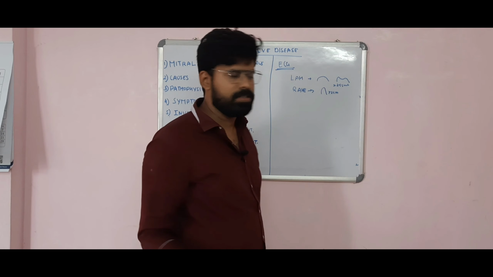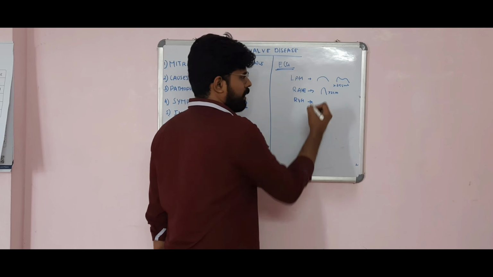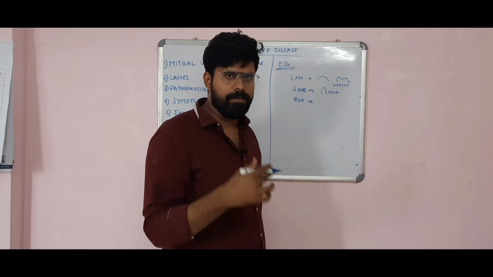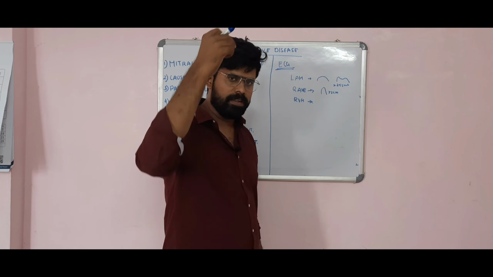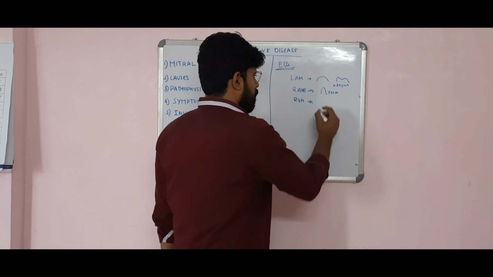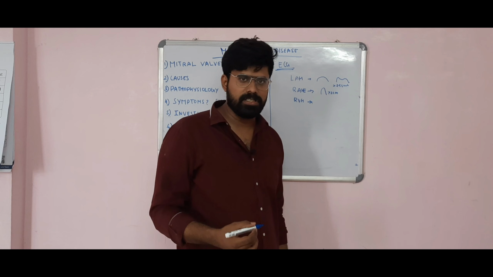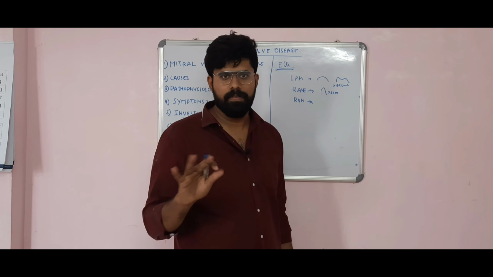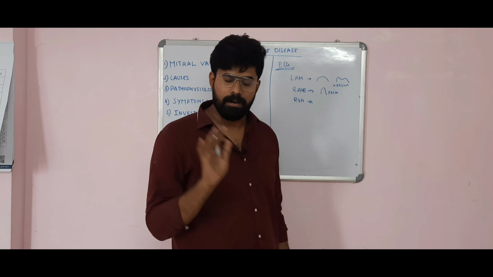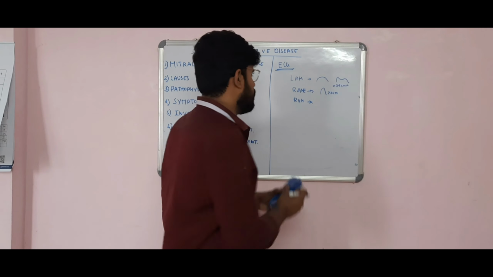Then there can be evidence of right ventricular hypertrophy. Right ventricular hypertrophy will be characterized by a prominent R wave in leads V1 and V2. The R/S ratio will be more than 1 and the R wave will be more than 7 small boxes. Then atrial fibrillation is characterized by absence of P waves and irregular RR intervals, with a heart rate of more than 100. This will diagnose atrial fibrillation.